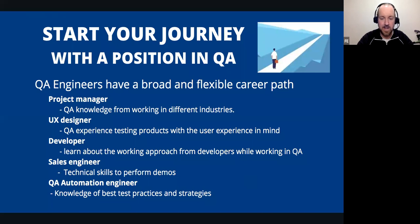And that could be applied to running different demos for customers, stuff like that. And then also the automation engineer team. I worked as a quality assurance associate for a while, then moved into a quality assurance engineer role, and now I'm going into a quality assurance automation role. It was a lot of learning and a lot of teamwork with other people within my department, and the QA